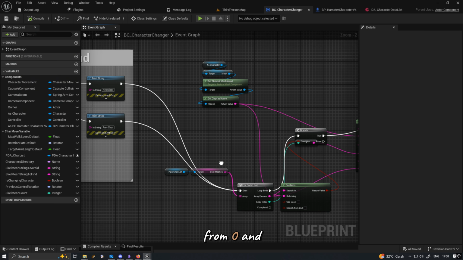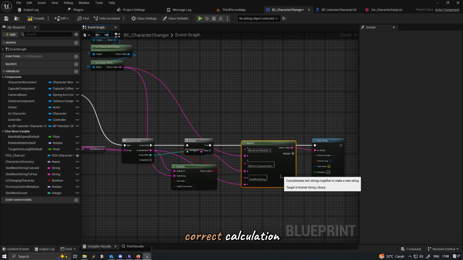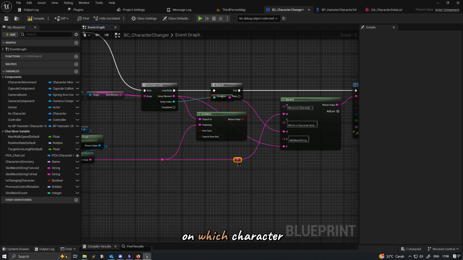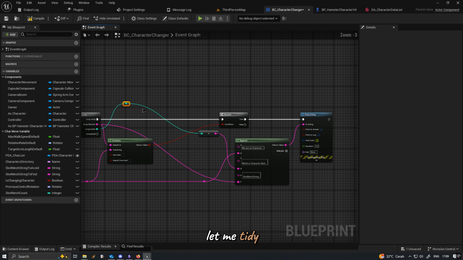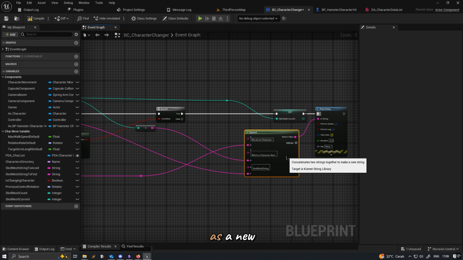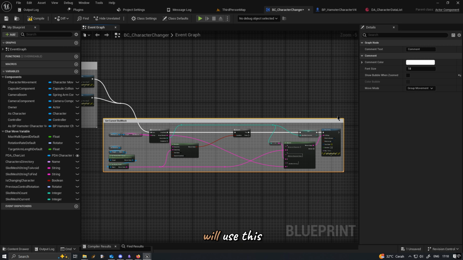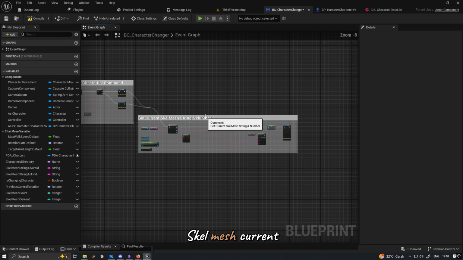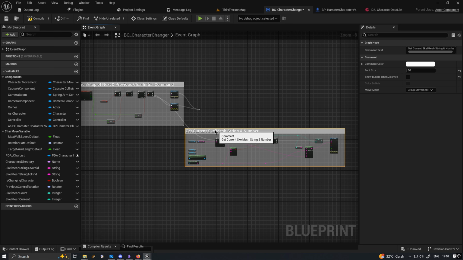So it starts from 0 and then 1, and now we have the correct calculation on which character we are on. From that, let me tidy this up a little bit, and then we set the scale mesh current as a new integer variable, and we will use this scale mesh current and manipulate it.